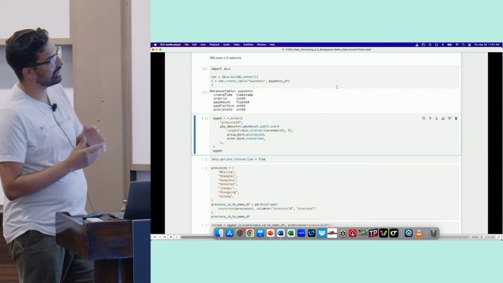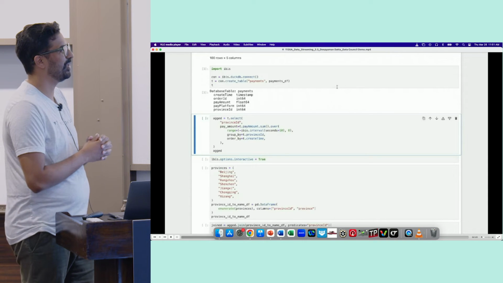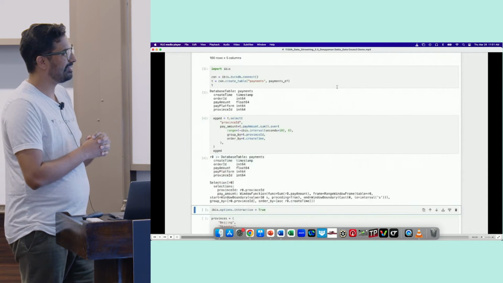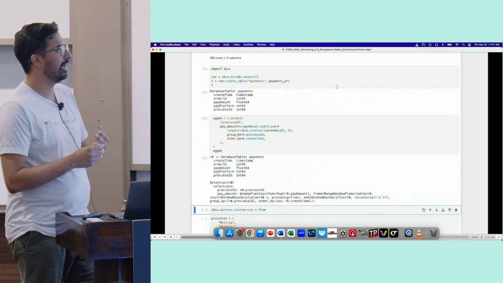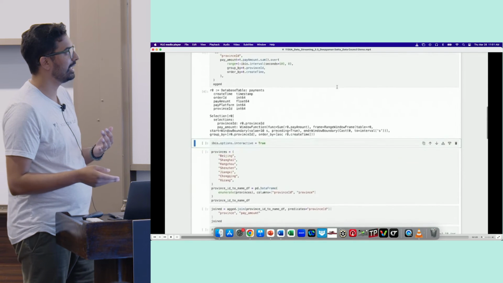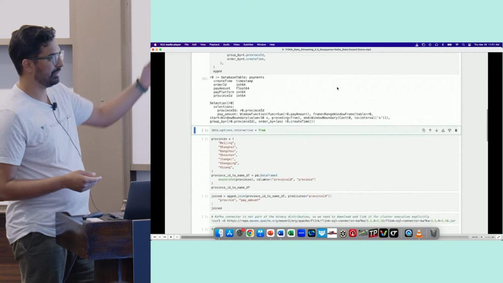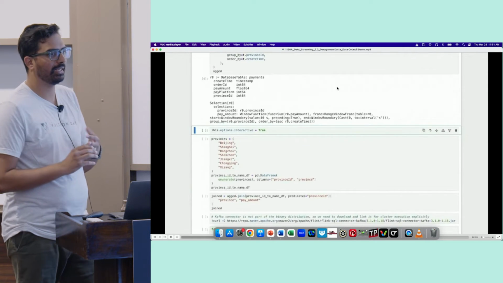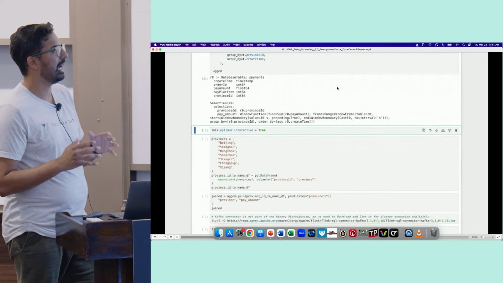Yeah, so I was right. We'll do the sum over the province ID for the last 10 seconds as our feature. You can see what that representation looks like in terms of that internal IR.